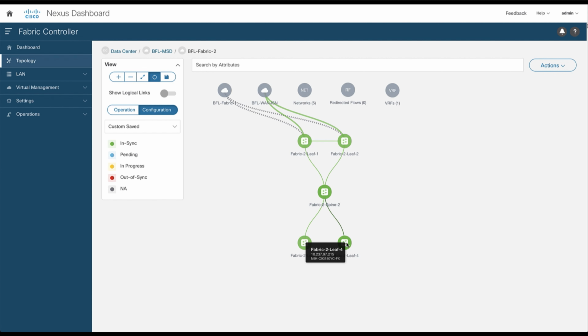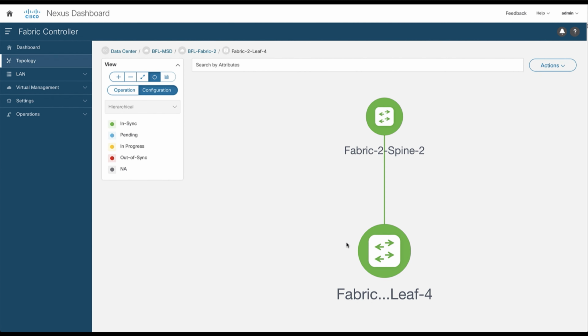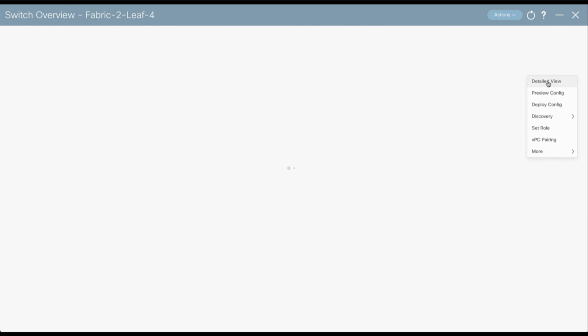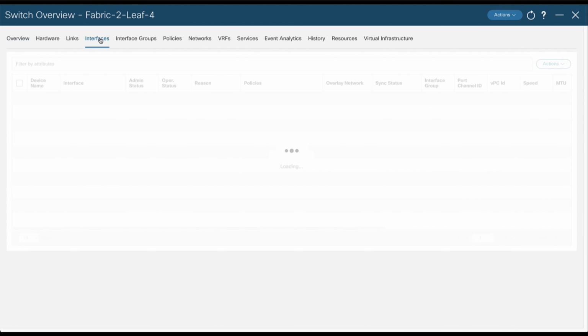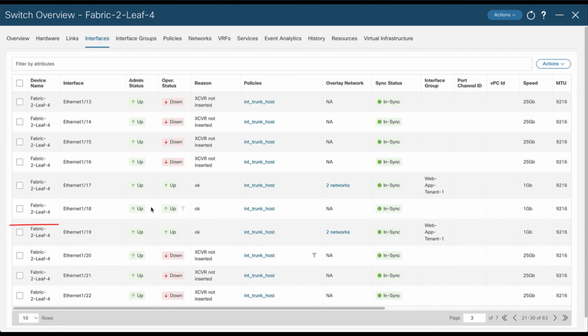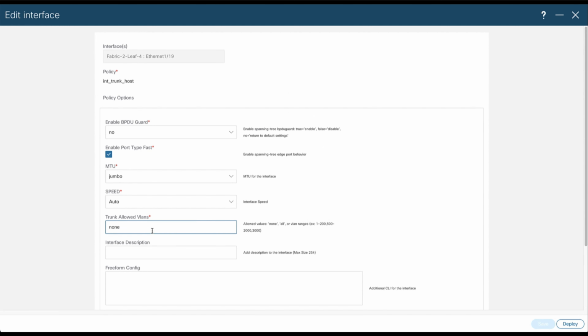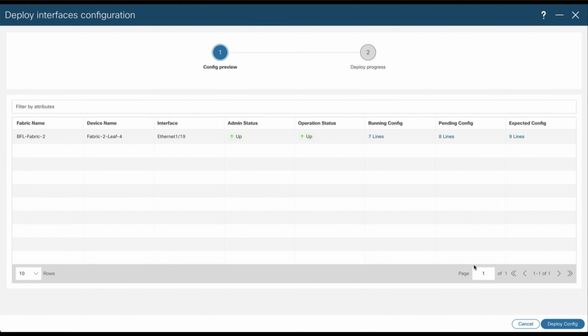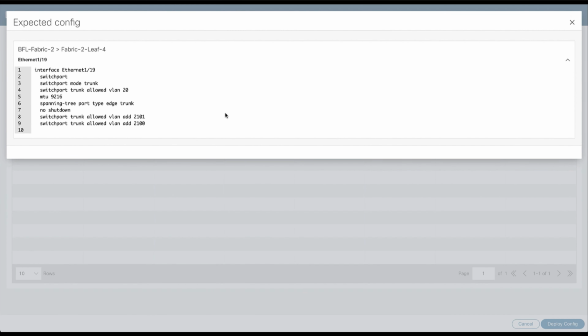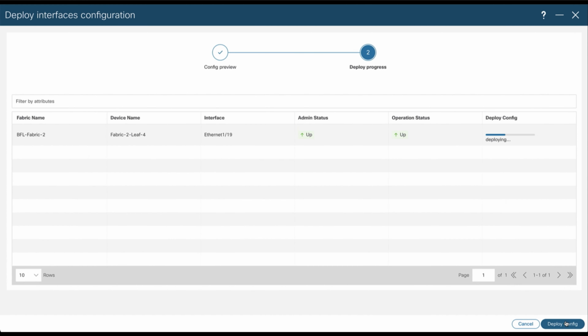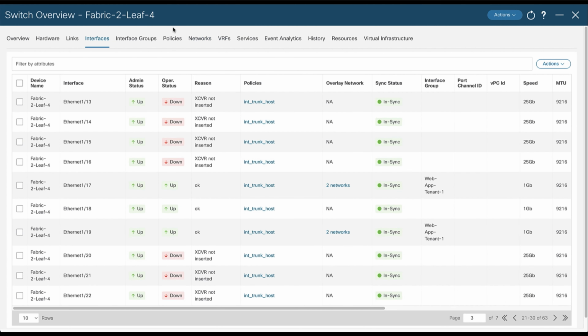Double-click on Leaf 4. From the Action drop-down menu, run the detailed view. Select the Interface tab and look for the interface Ethernet 1/19. Edit the interface. On the trunk allowed VLAN, replace none by the VLAN ID 20 and do a save. You can now preview the configuration pushed by NDFC and you deploy. You can move now to the Policy tab,